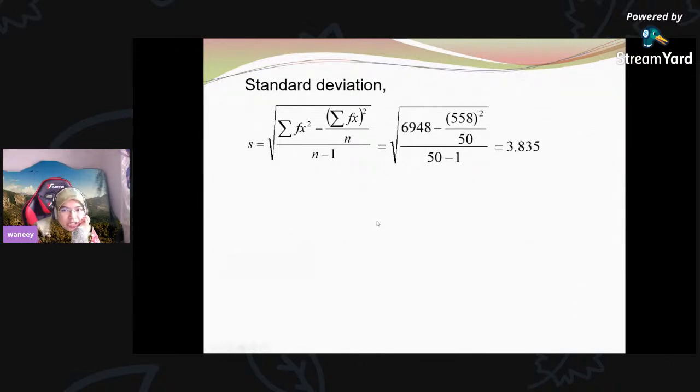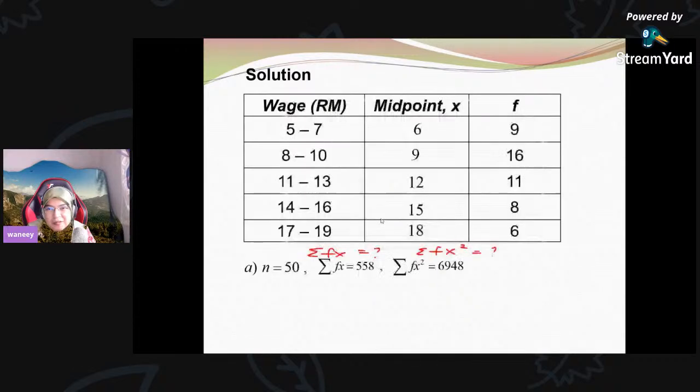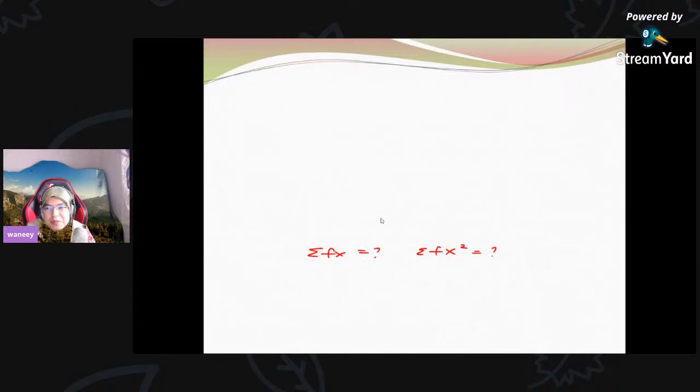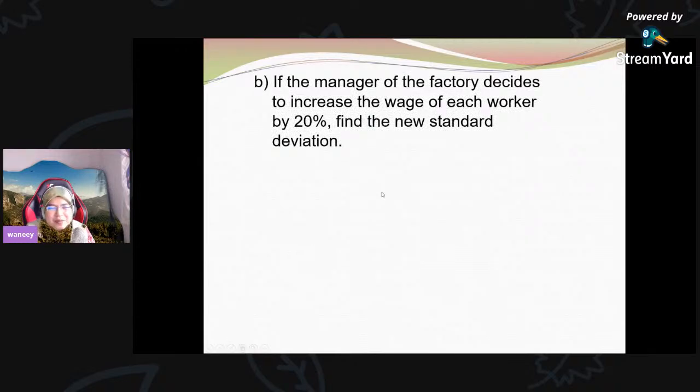Okay, so I think I'm done with part A. So let us see what's the question in part B, because I didn't read the question just now. When there are too many, usually I forget. So that's why I do it bit by bit. Okay, so now